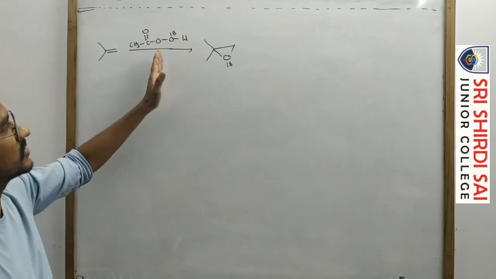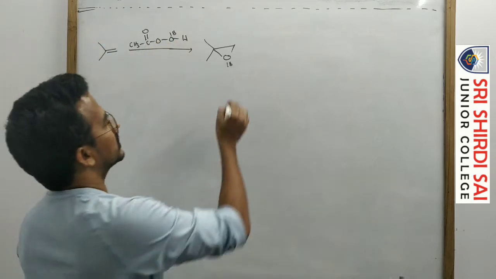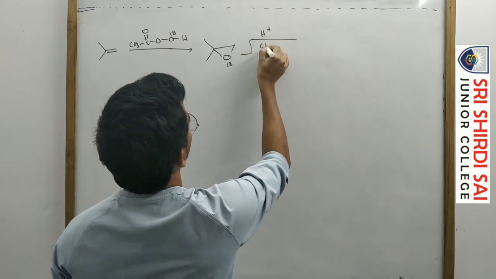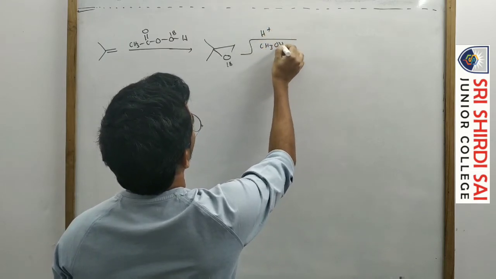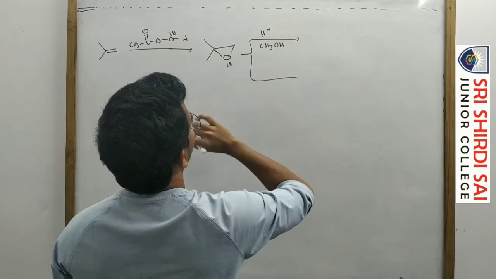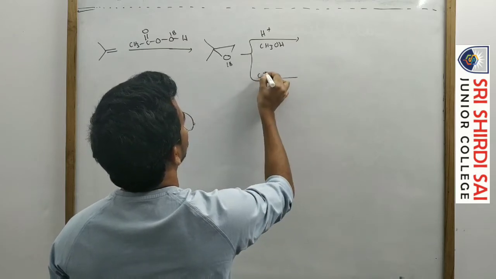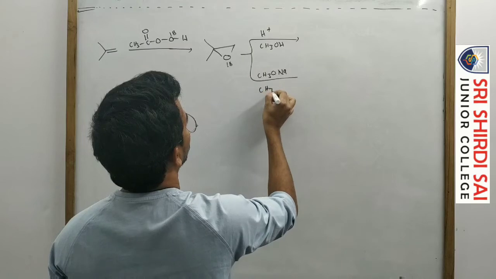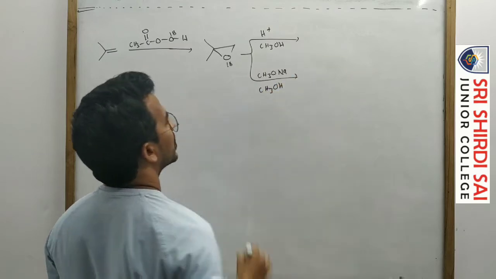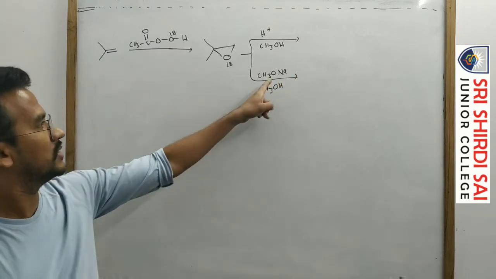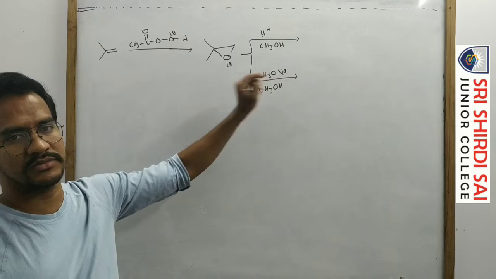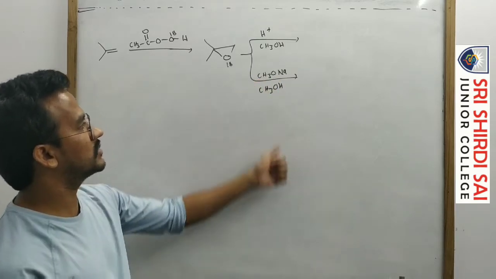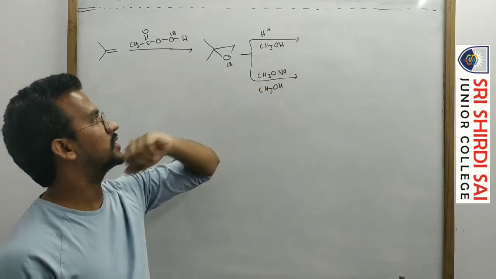Okay, so you already discussed this one. So it is a cyclic ether. Now the cyclic ether, in the acid medium, I am treating with methyl alcohol. And in basic medium, methyl alcohol. Addition of methyl alcohol in acid medium as well as basic medium. Here, methoxide is the base, that is the conjugate base of methyl alcohol. So it is the basic medium, and this is the acidic medium.